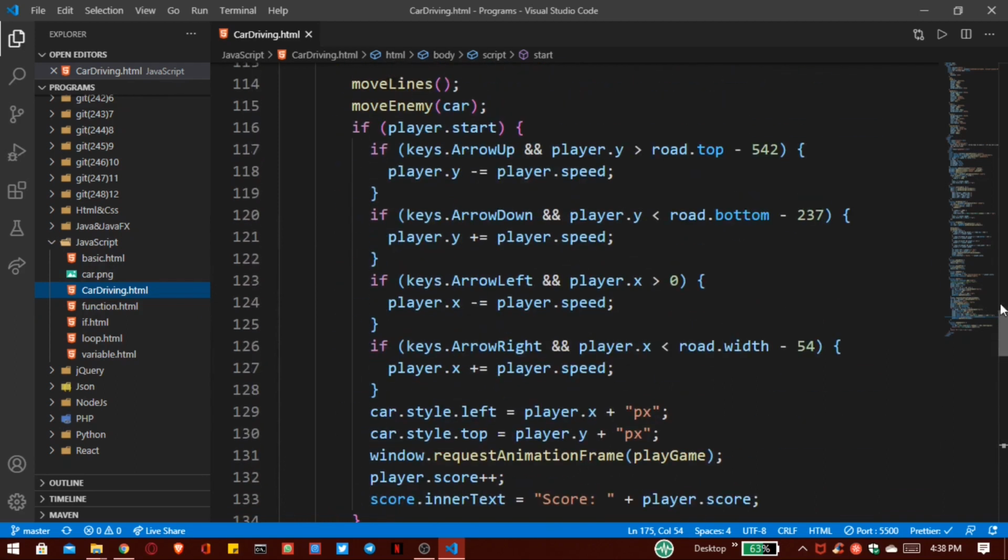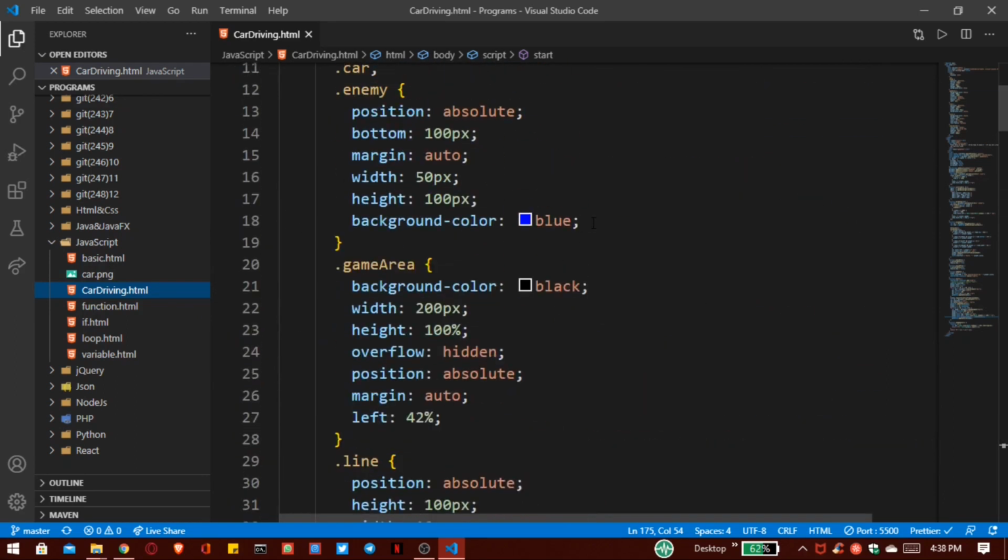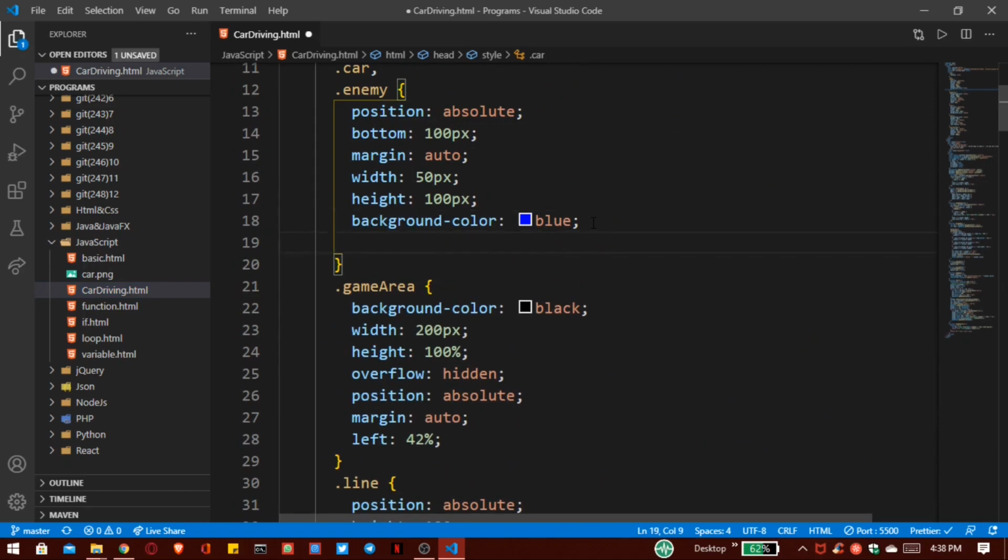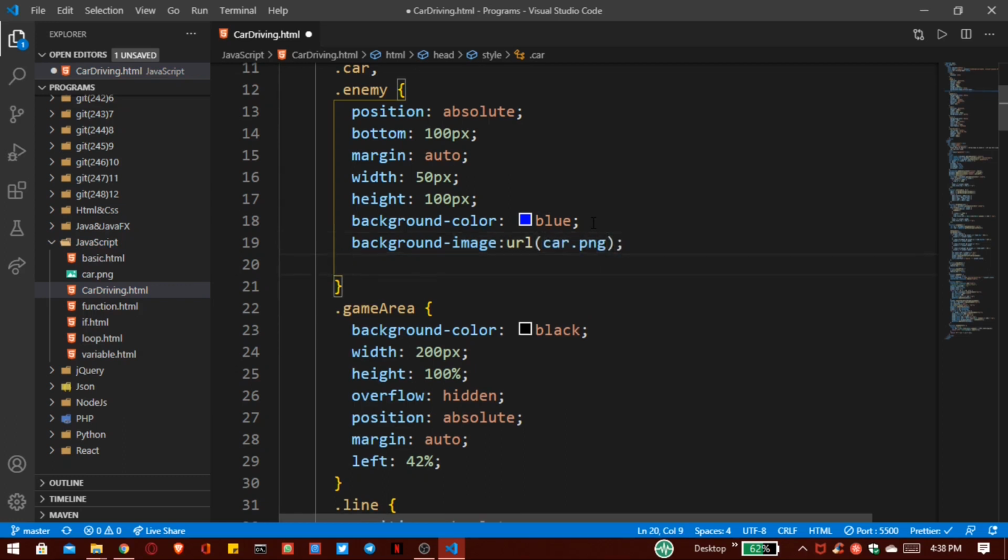To add that, go inside our style and inside our enemy we have to write the background image. Inside that we have to pass our URL, and the name of that photo is car.png, and I want to add background size cover.